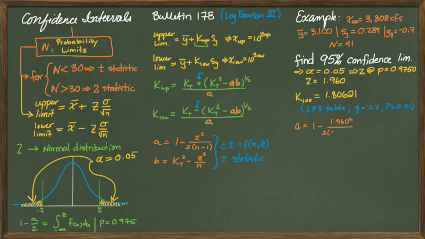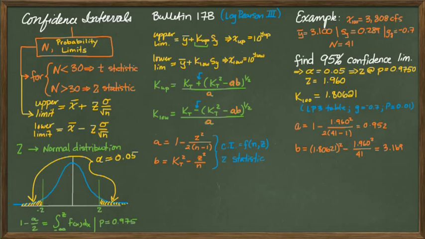So let's go ahead and calculate A and B. A is, pause the video and you do it yourself first, 0.952, that's what I got. So B is equal to, plug in all the numbers, and we have a place where you can pause the video and calculate the number yourself. 3.169, that's what I got.